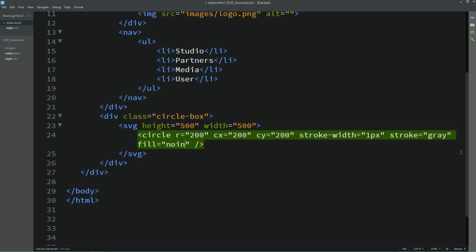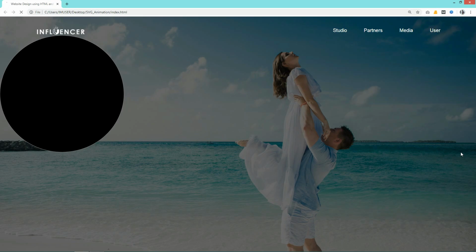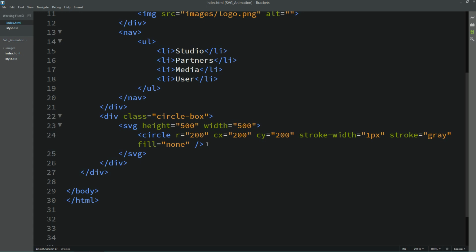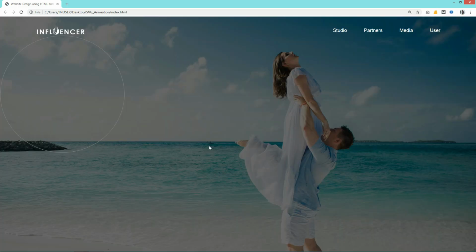Let's write fill none, so that you can see the background will be transparent and only this border is visible here. Now after including this stroke width, our width of this circle is 402 pixel. So we will change the center position from the X, it will be 201, and from Y also 201. Let me decrease the size here 402 and 402 because our circle total width is 402. Reload the web page. You can see this circle is completely visible.